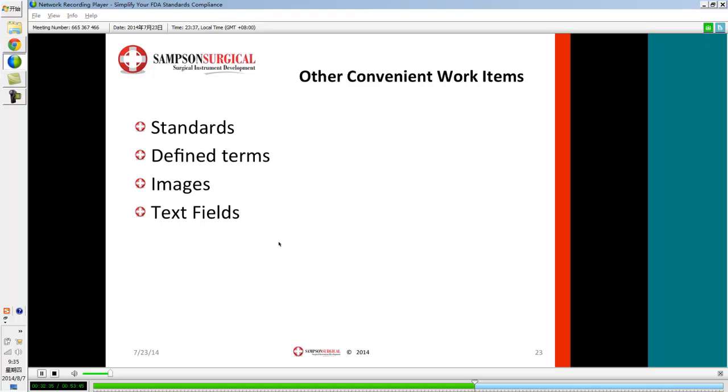So it's a really powerful tool for product development. Defined terms, that's another thing. It just drives me crazy that when you're in a product development process and you have 150 documents with defined terms in all the different documents, and all the defined terms are defined differently. So you have a test standard with a definition for hazard that's different than in your product development